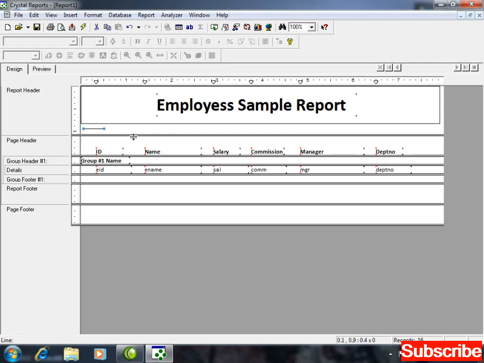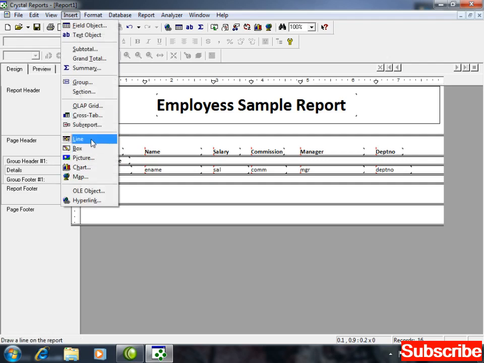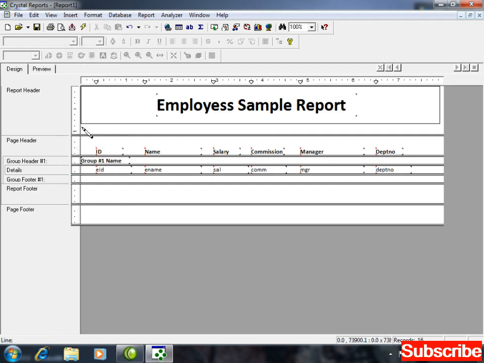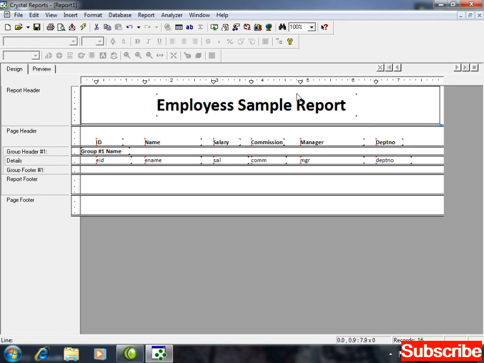Control back arrow, it's not moving back. Insert, line, just starting from the leftmost corner, and drag it till the end, right? Adjust it. Now once more, ID, name, salary, and all of them selected.